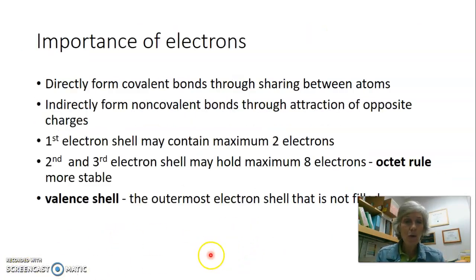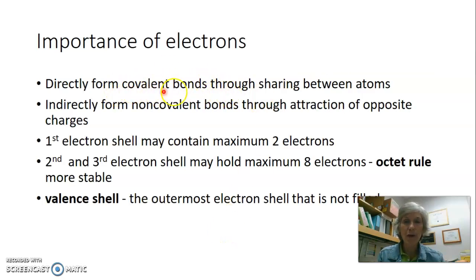Even though we look at protons for their atomic number and we look at neutrons, not every element has a neutron. Hydrogen does not have any neutrons. It's the first element that was formed in the universe, so it has no neutrons, and it's relatively small, relatively light. But electrons are the ones that actually form all these bonds,